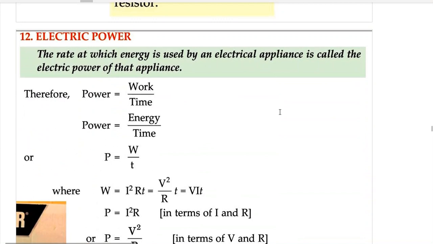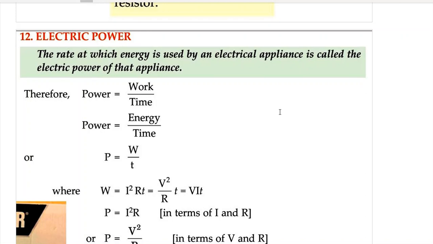Next topic is electric power. I'm sure you're taking notes, right? I've given many important informations regarding small topics. So please take notes. Don't miss out on any single topic because there are some numericals which are coming ahead. And for solving numericals, there are so many formulas which we will need, which we are discussing already. So I want you to remember each and every formula. For that, you should take notes.